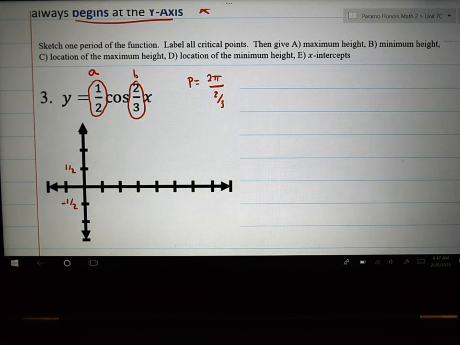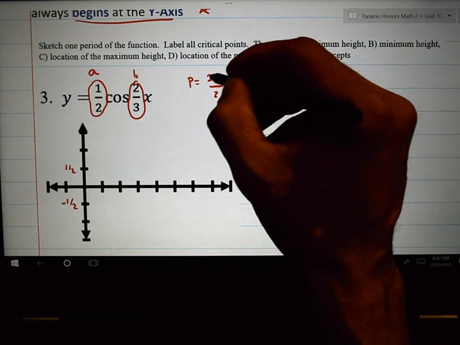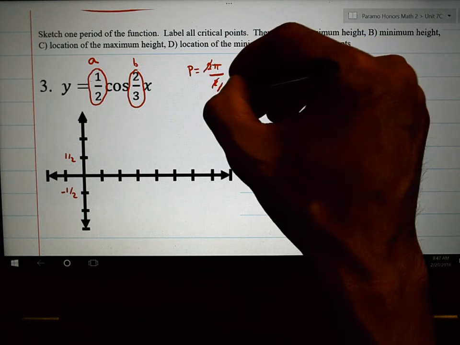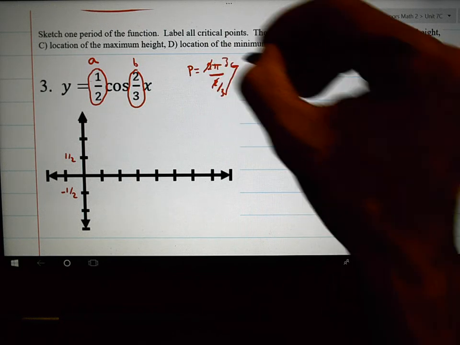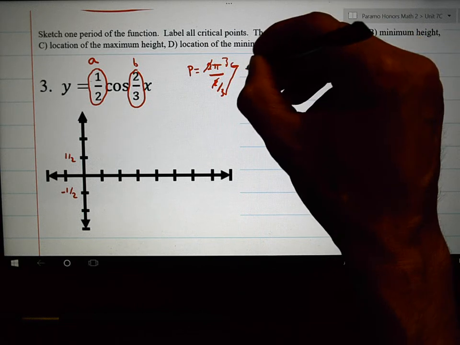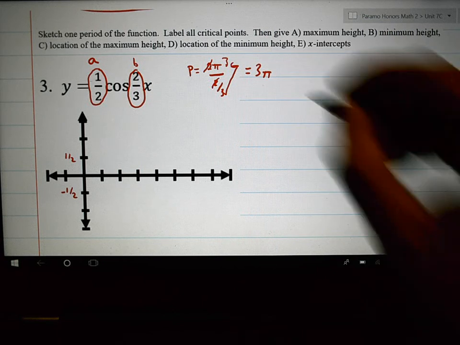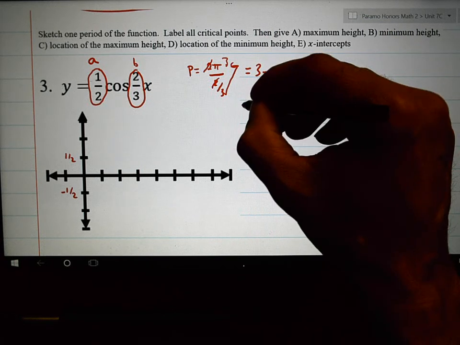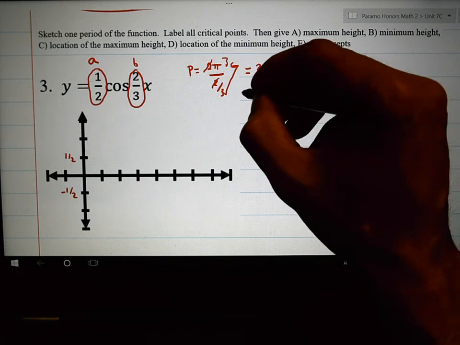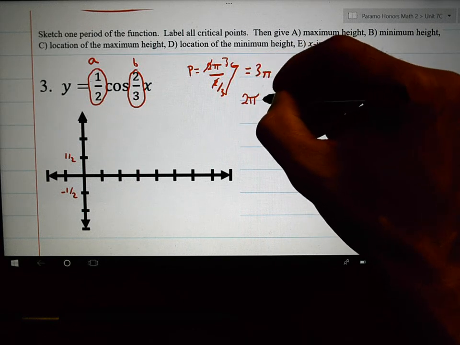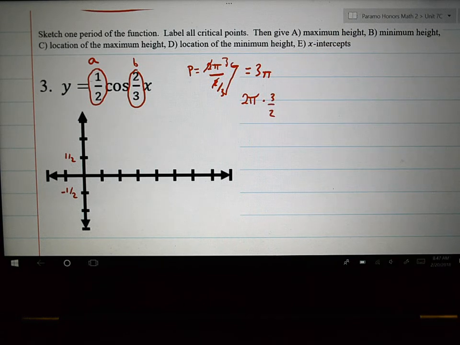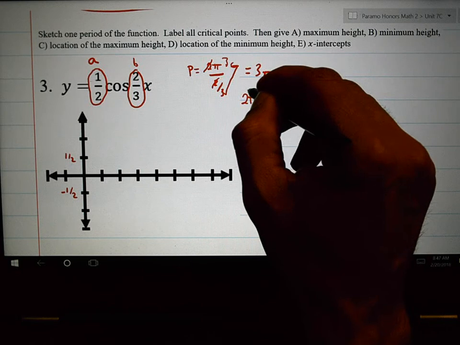I usually use a shortcut personally. I take the very, very bottom number and I multiply it by the top number, and I get that this period is 3 pi. If you need a little bit of extra, two pi times the reciprocal, you can always multiply by the reciprocal to see that that's what it becomes,